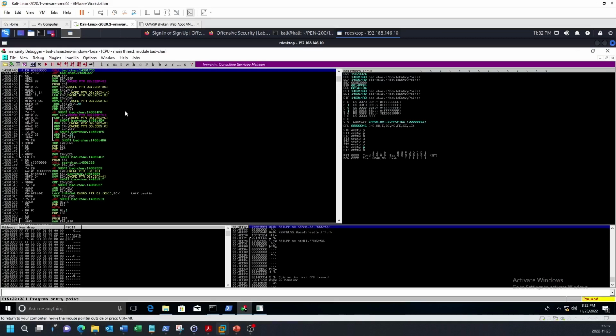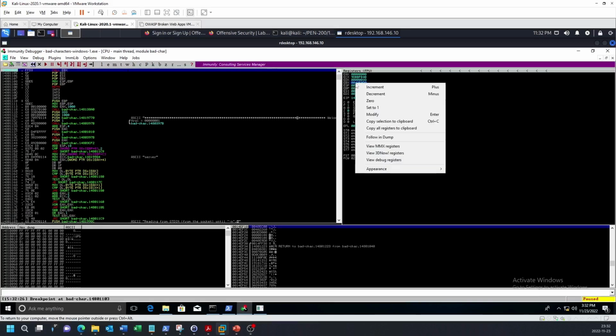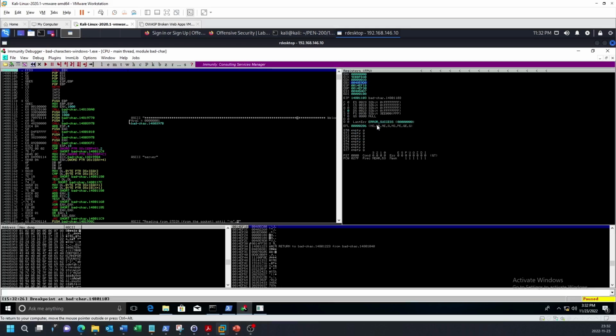Press F9 to run the application until we hit the breakpoint. Check the memory dump for the EBX register. And we were up to the ones last time.